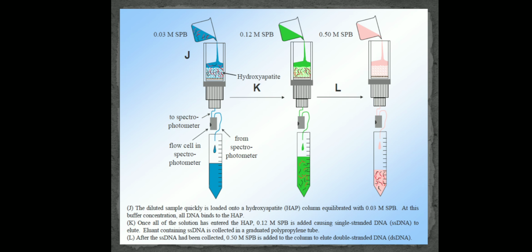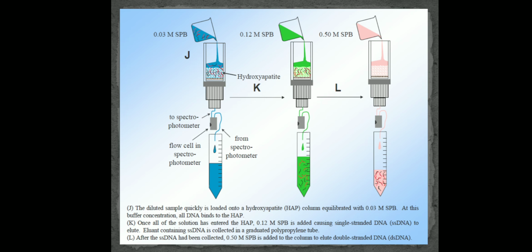Otherwise, we can also collect the DNA sample and later check the absorbance using a spectrophotometer. The absorbance, the OD, at which we are going to check is 260 nanometer here. When you check this, we will get the absorbance of single stranded DNA. Sorry, not the concentration. We will know the volume of the single stranded DNA that we have got, and we will know the volume of the double stranded DNA that we have got and how much DNA is present. This also we will know, the absorbance and the volume.